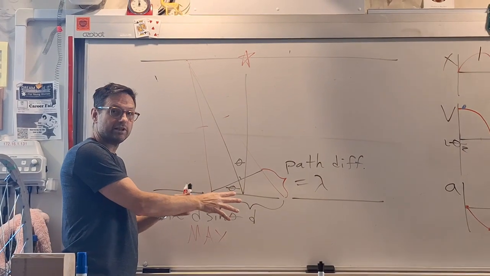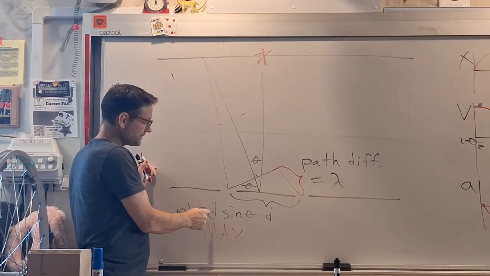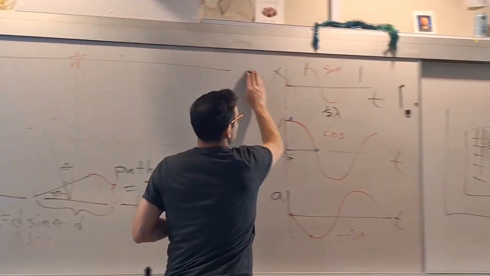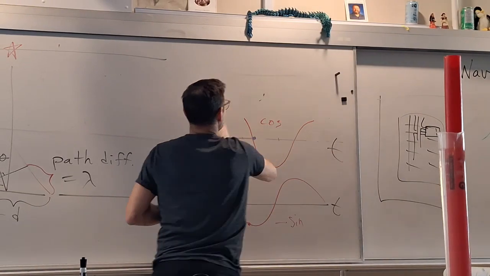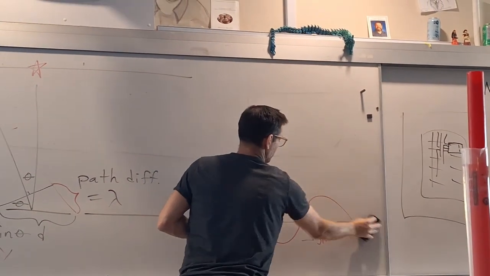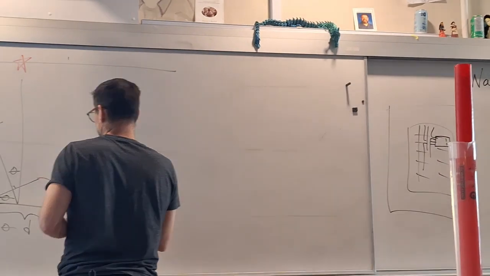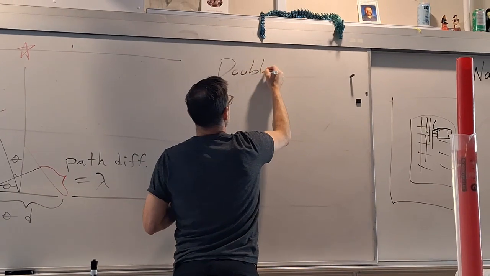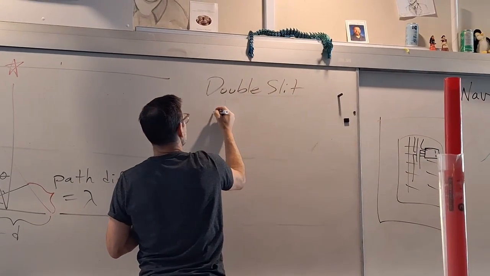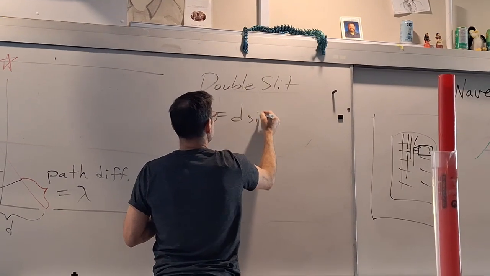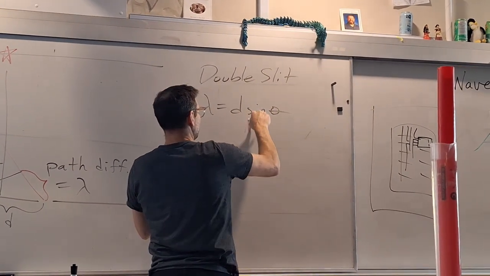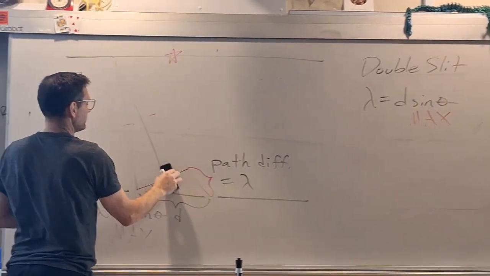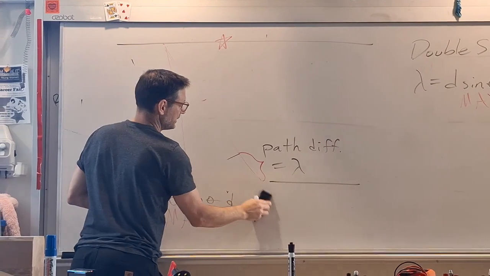This is double slit. So with double slit, when d sine theta equals lambda, you get a maximum, right? What happens in single slit? d sine theta equals lambda is a minimum. So for double slit diffraction, when d sine theta equals lambda, you get a bright spot, a maximum. If you do this with single slit,